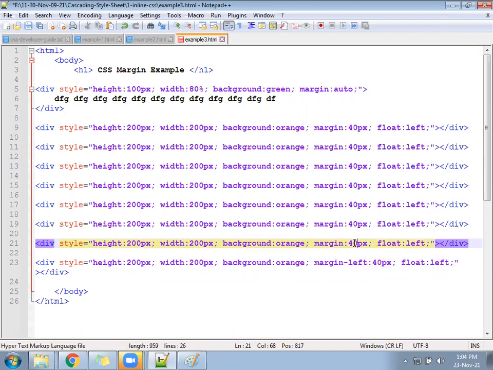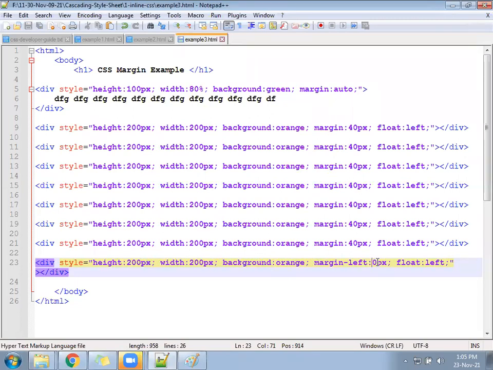Correct? For this, if we say margin left 0 pixel, then what will be the gap? 40. Left will be 40. That is not the gap of the last division, that is the gap of the second last. The second last is giving the 40.